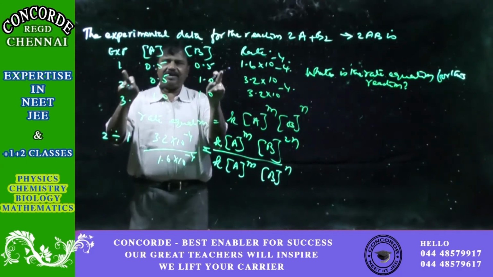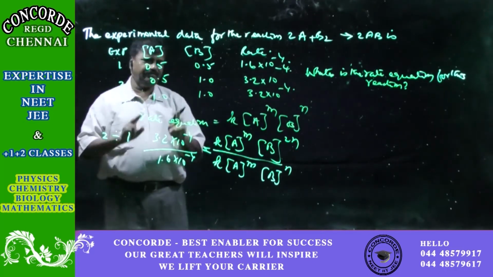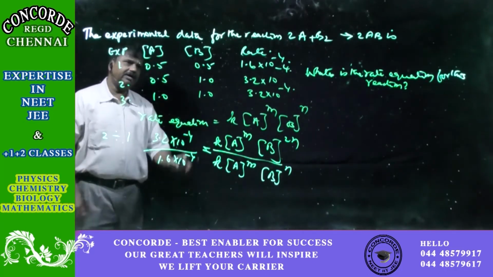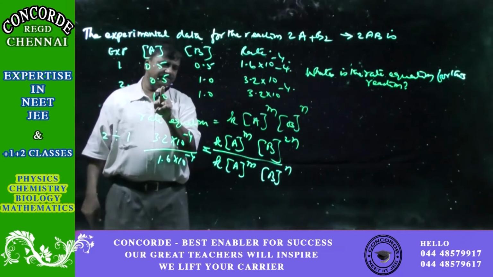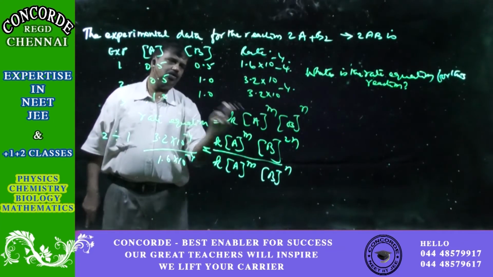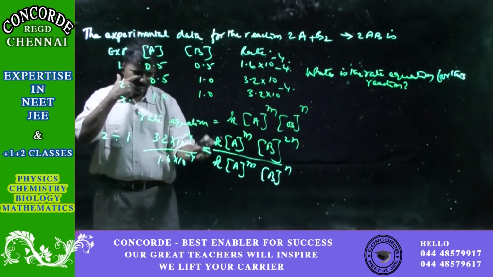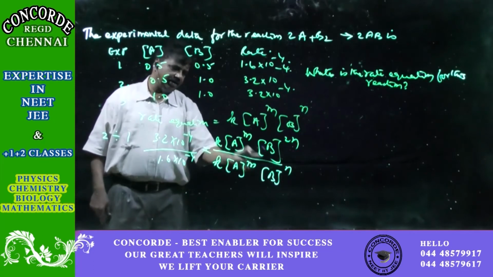Okay, I am taking the second and first. I hope you are following. This is 3.2 by 10⁶, so that's not a problem. Whereas here for this equation, this is k into a power m and b power 2 times the n. I am taking this concentration as m and this concentration as n. So this is a power m and b power n.